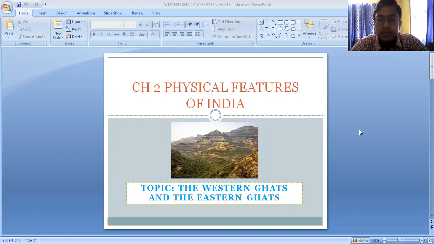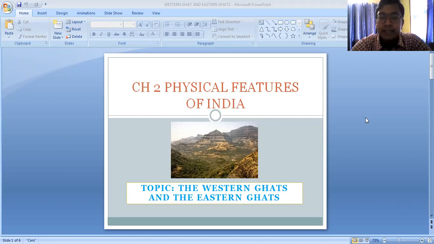In our previous class, we discussed the Peninsular Plateau and its subdivisions. We came to know that the Peninsular Plateau is mainly divided into two broad divisions: the Central Highland and the Deccan Plateau. The Central Highland lies to the north of the Narmada River and is bounded by the Aravallis on the northwest. Some extension of the Central Highlands can be found in the deserts of Rajasthan, and the easternmost extension is the Chotanagpur Plateau region. The Central Highland is wider in the west and much narrower in the east.